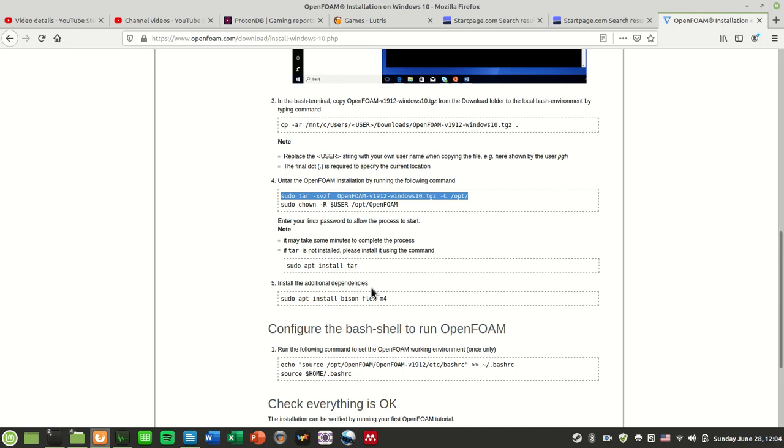Now, of course, you can extract it into your opt folder here, but I don't want to do that. So what I'll do is basically what this command is doing. Sudo means I'm using administrative privileges. Tar means I am using the so-called WinZip directory. xzvf, okay,